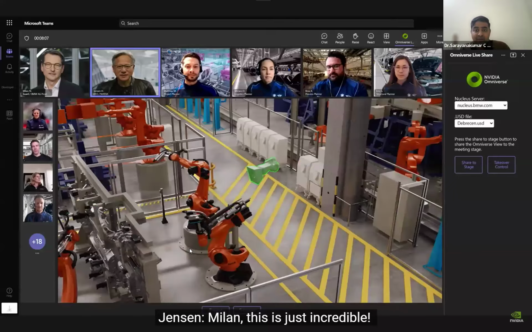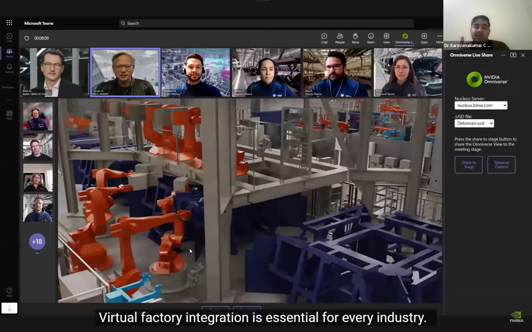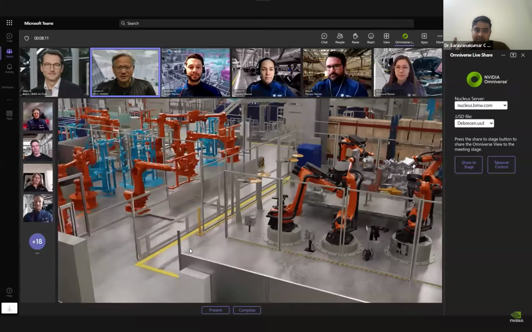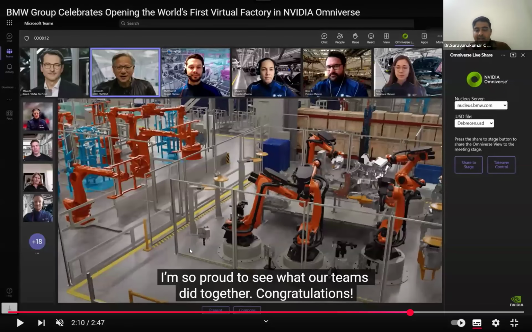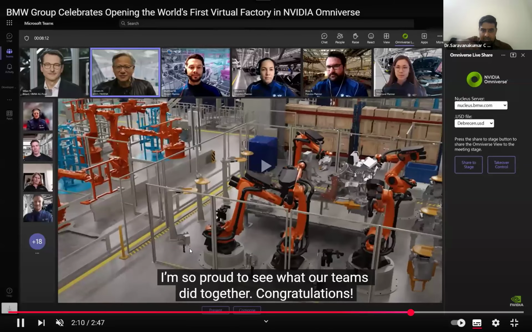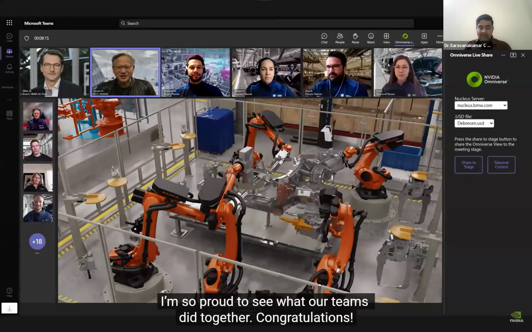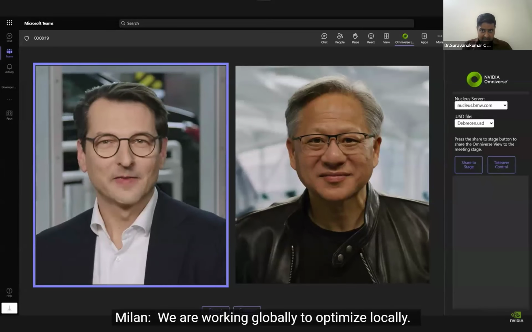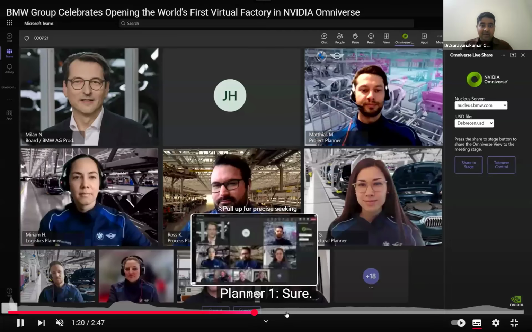BMW is the very first company that produces one car every minute. So they are automating everything. And when they want to have everything as a metaverse, they really wanted something to be a super power, because you are trying to decide something on the go. You are trying to pull a robotic hand virtually and place it in another place and see whether, if I place this robot in another place, I will have an impact or not,